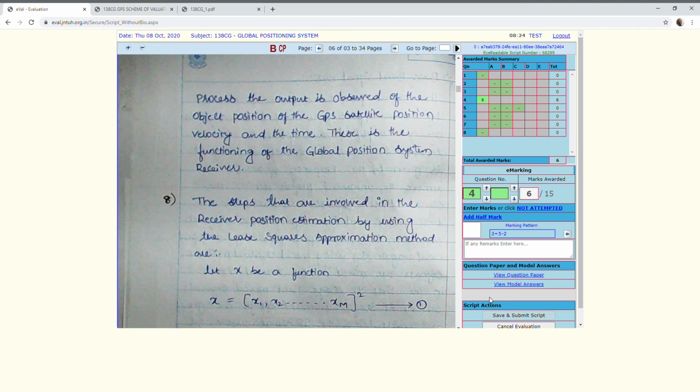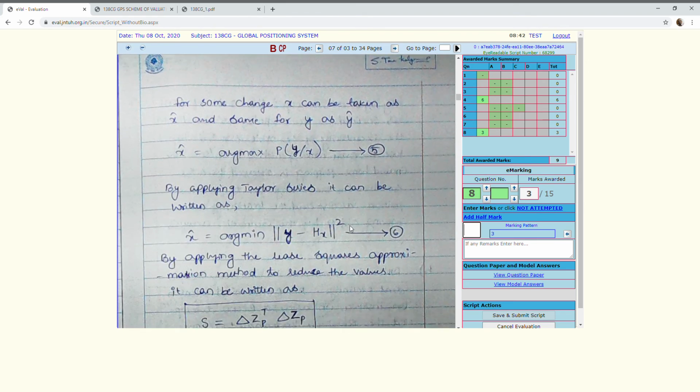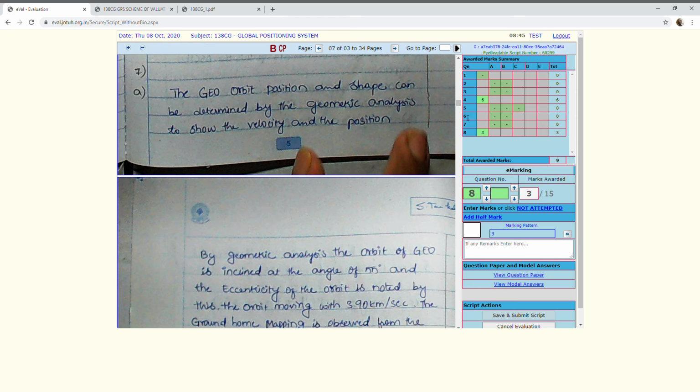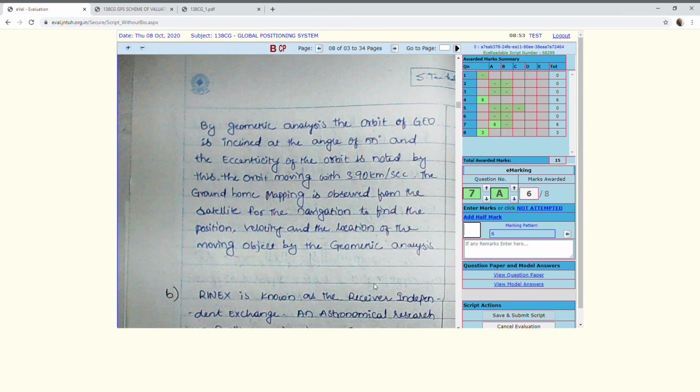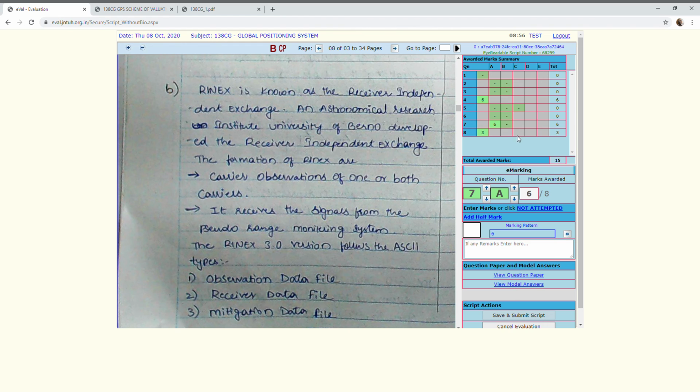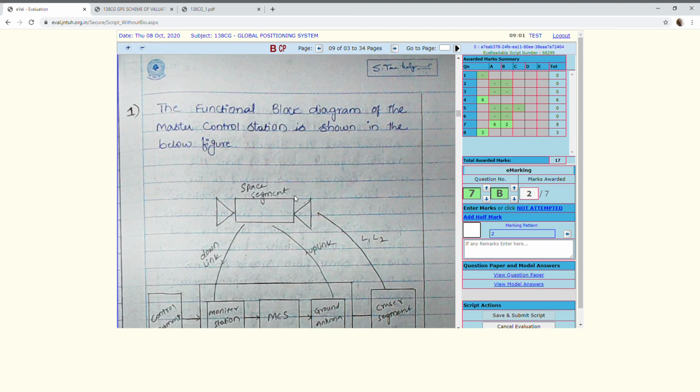Now, look at this. The save and submit script button is still not enabled. That means you can't just submit the script by valuing one question. Now question number 8, of course, let us award some marks here, and scroll through to question number 7a. Now here we are, question number 7a, and out of 8 marks, let us say 6 marks. 7b, 2 marks, whatever. And now question number 1,